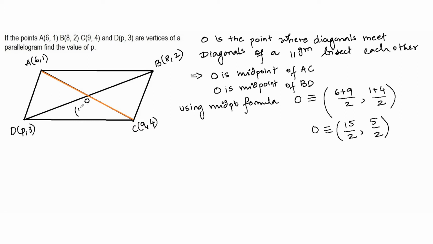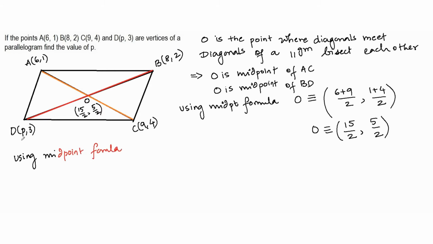So I have found the coordinates of point O. It's (15/2, 5/2). Now I also know that O is the midpoint of BD. So again using the midpoint formula. So now the points that I am taking up are B and D, right? O is the midpoint of BD. So I can again use the midpoint formula. So using the midpoint formula,